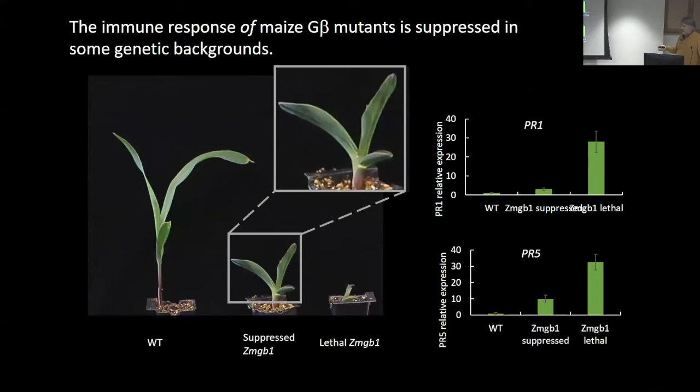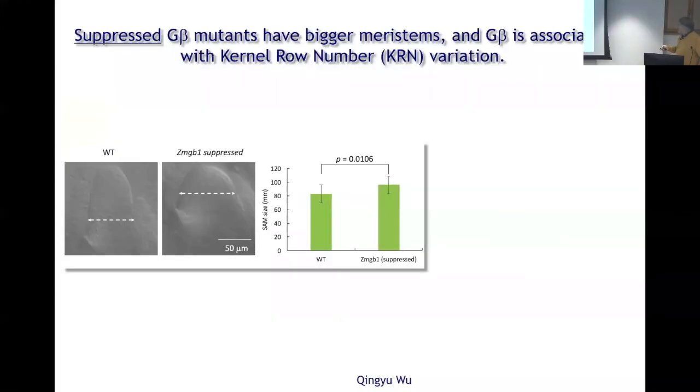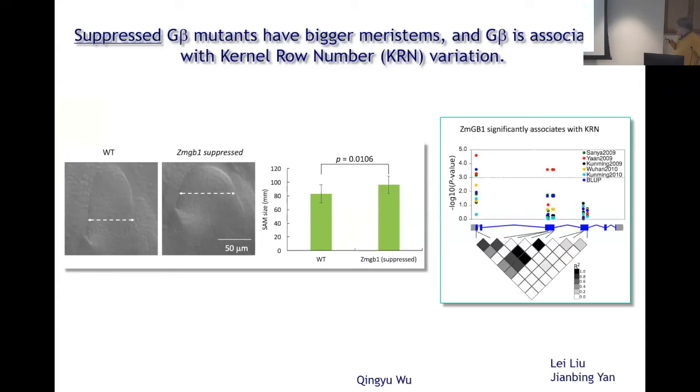phenotype of Gbeta, and it actually looks very similar to G alpha, the CT2 phenotype. Now we've suppressed the defense responses, and we call these Gbeta suppressed, they have big meristems. And we think this is significant. And actually, coming back to the concept I brought up earlier, Gbeta in maize in GWAS analysis associates with kernel row number, the trait that I mentioned that we think is associated with meristem size. So we're still working on this, but we think, at least up to now, that Gbeta is also functioning